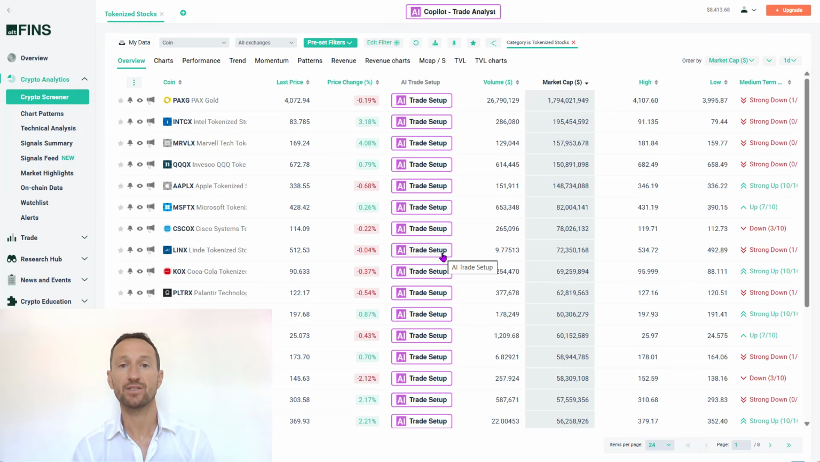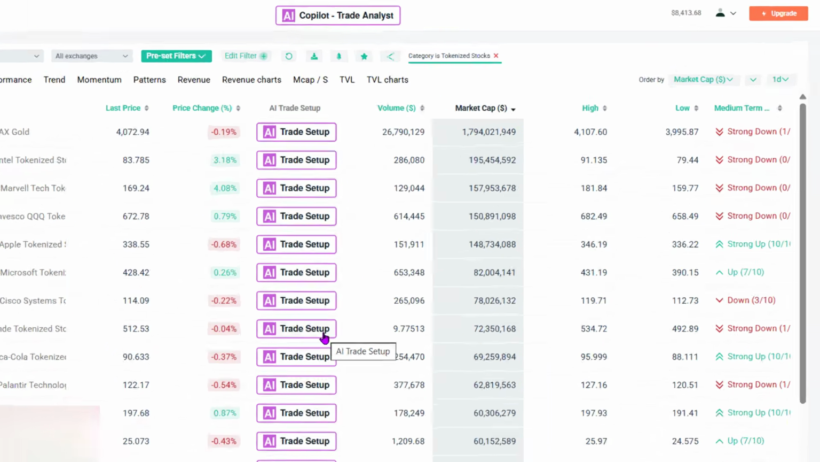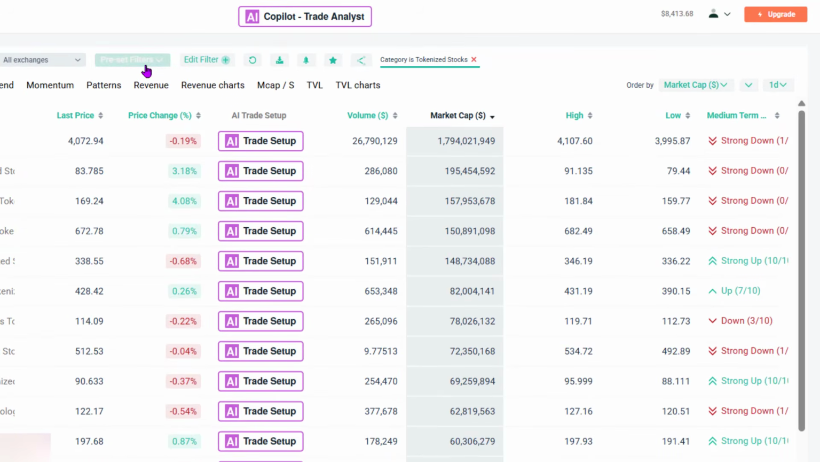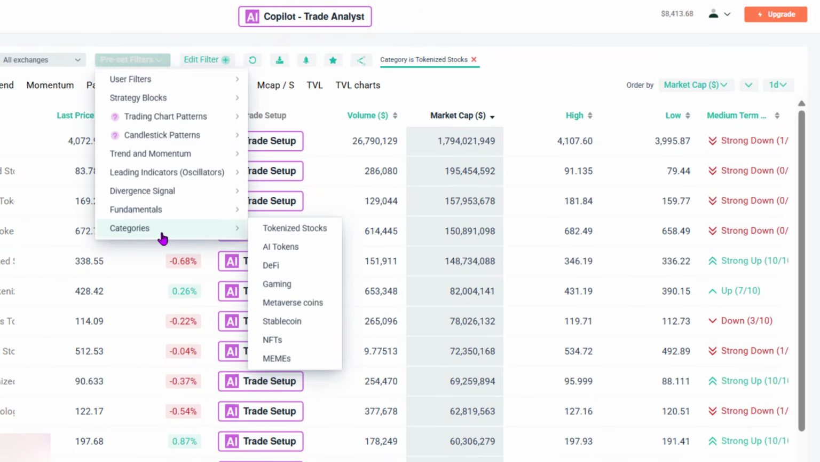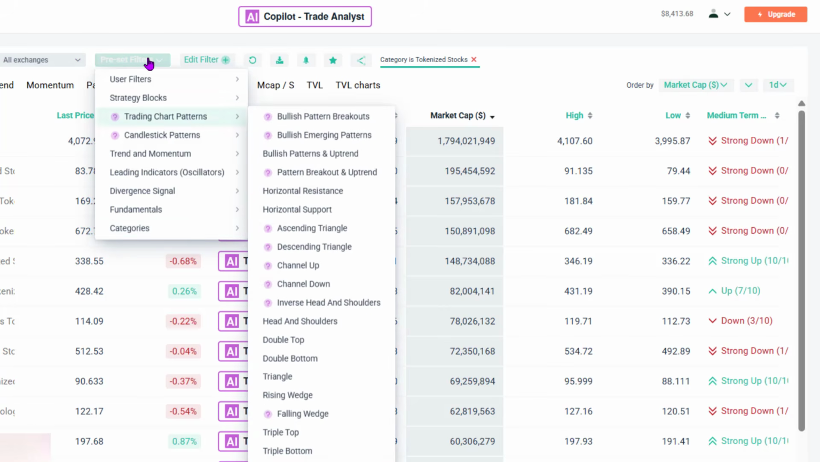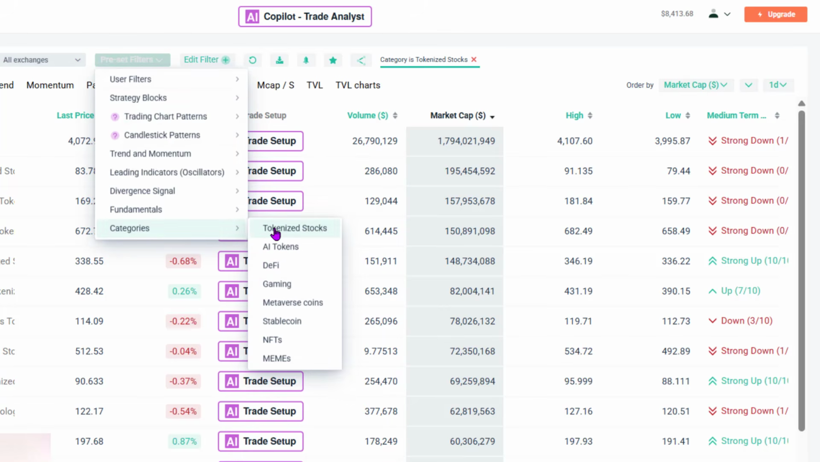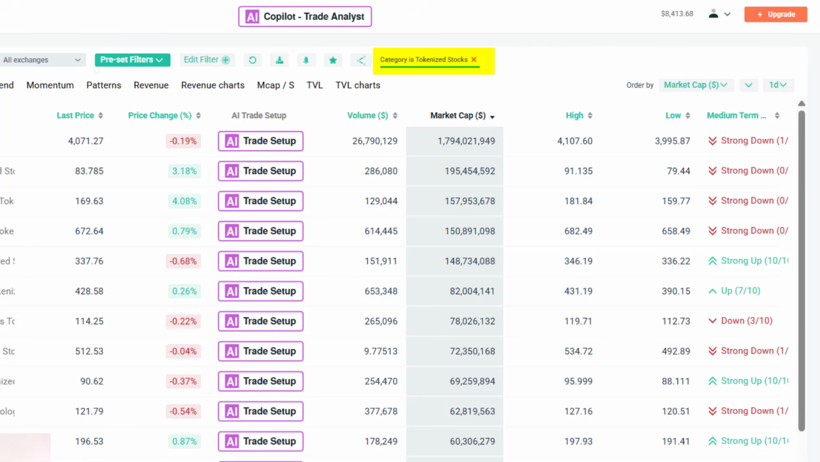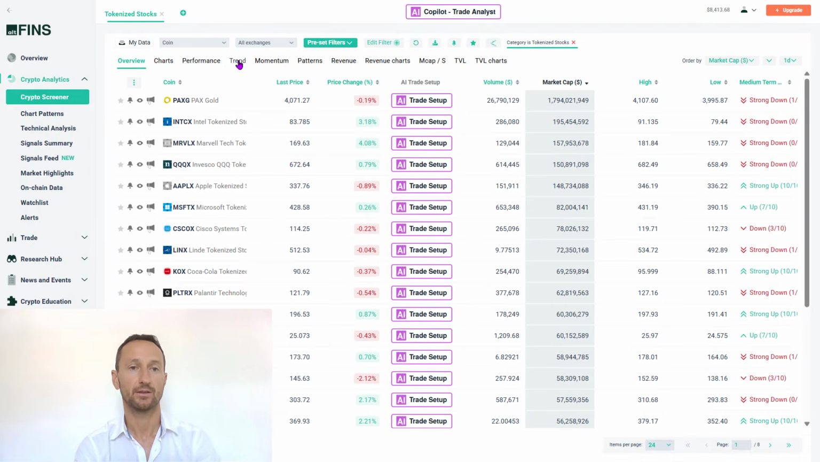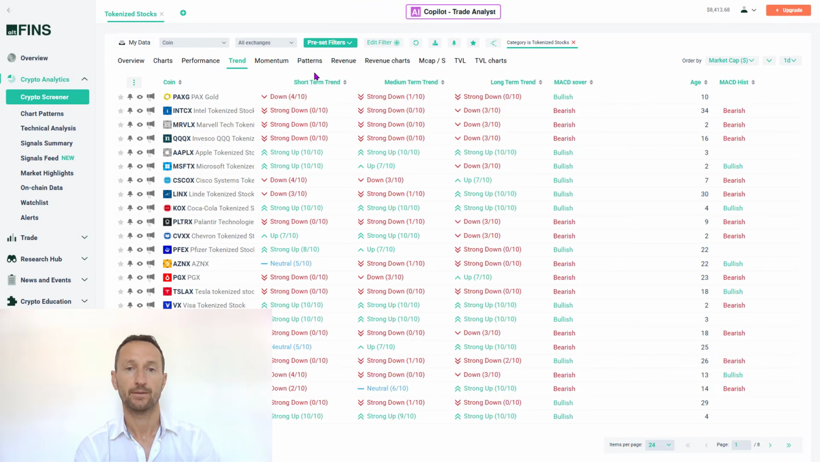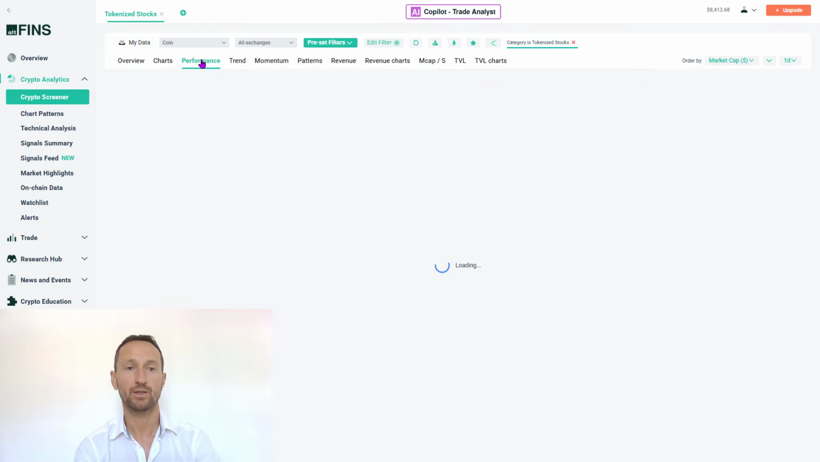Now, I'll mention that this is an expanding area on the altFINS platform, and currently there are several hundred tokenized stocks on the platform, but it's growing every week. The quick way to find tokenized stocks on the screener is to go to categories, preset filters, categories, tokenized stocks. And now you just see those tokenized stocks. All right, and we can check the trend. We can check what the performance has been,